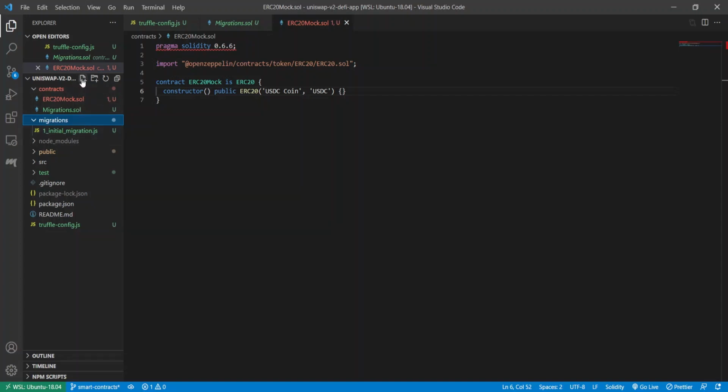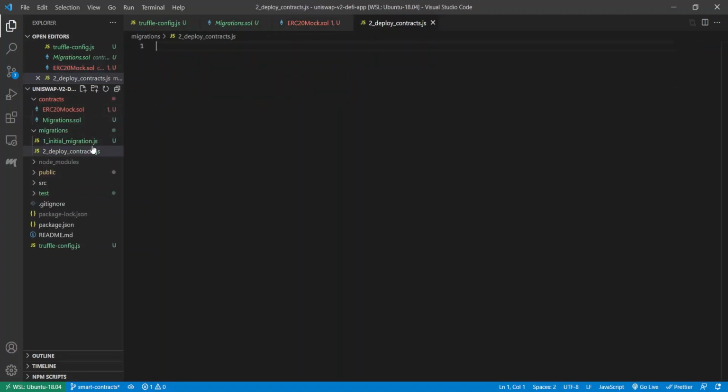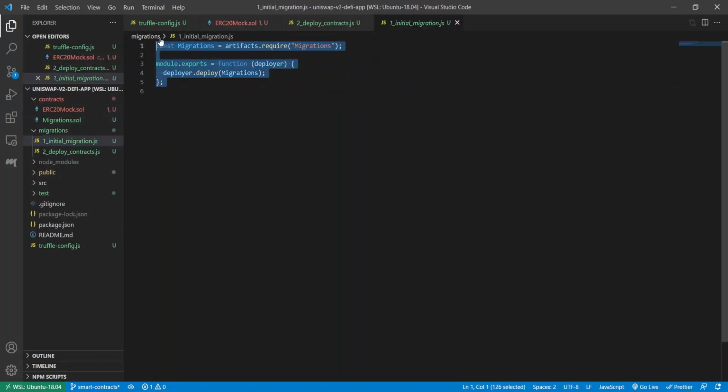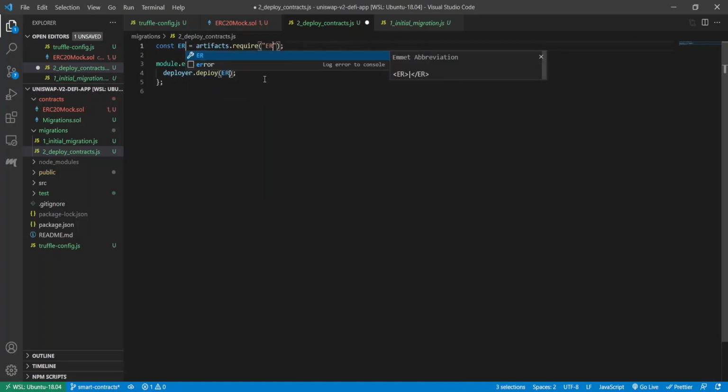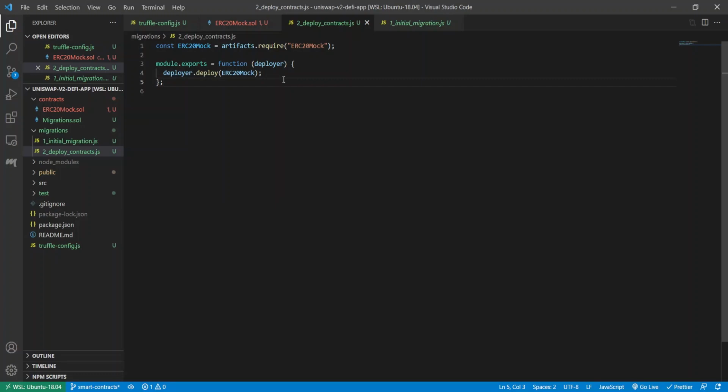So we need to create another script which will start with 2, and we will call it deploy contracts .js, and inside we can just copy this and replace the name of the migration contract by our contract. And that should be fine, that should work, so we can try it